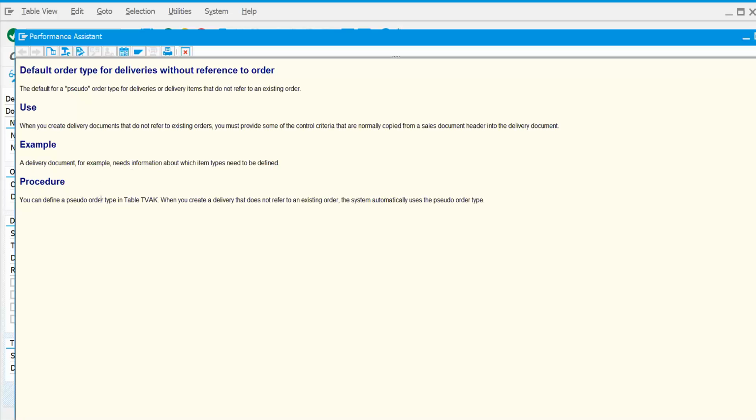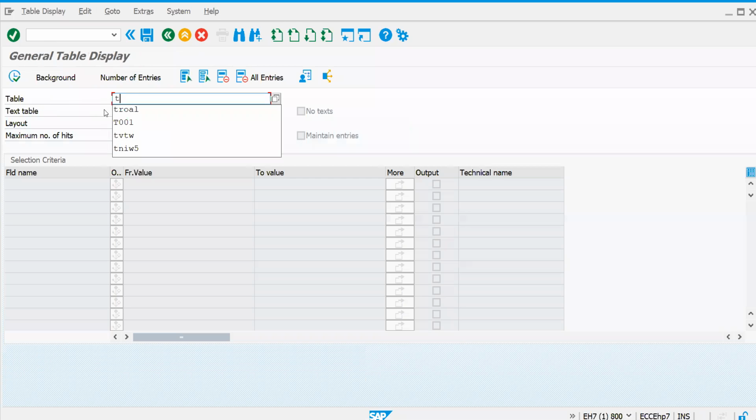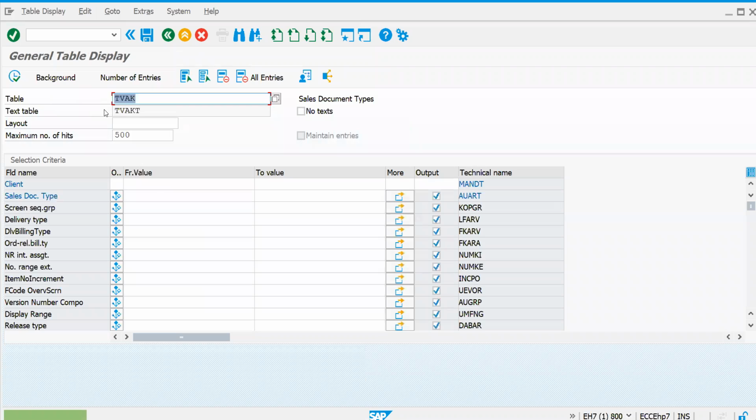So you can define a pseudo order type in TVAK when you create a delivery that does not refer to an existing order. See, TVAK is the table where basically all your document types are stored. Let me check quickly for your understanding. Let's get into this. So this is TVAK.